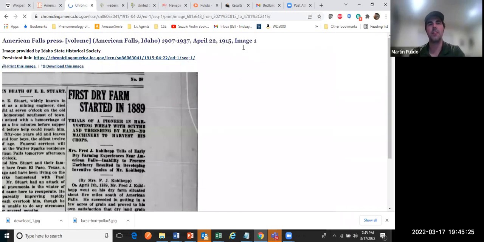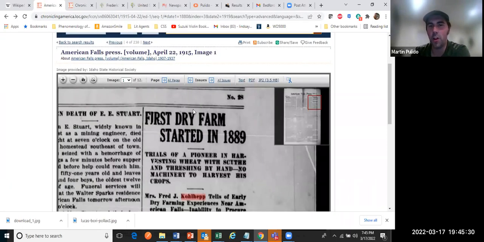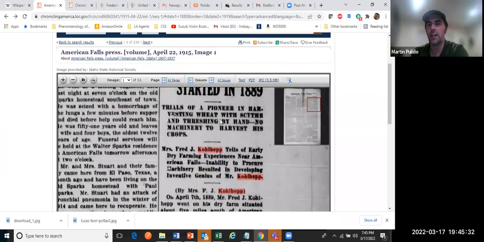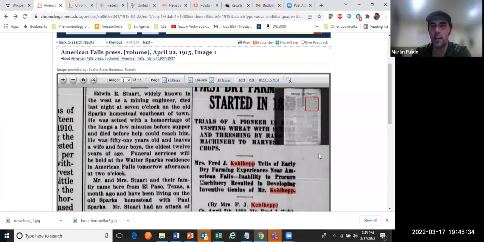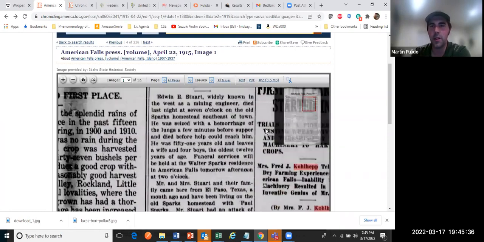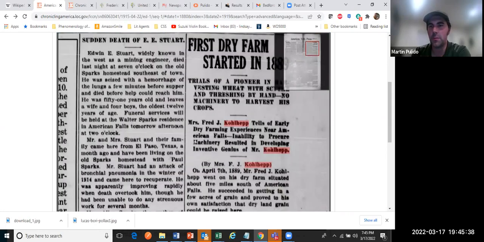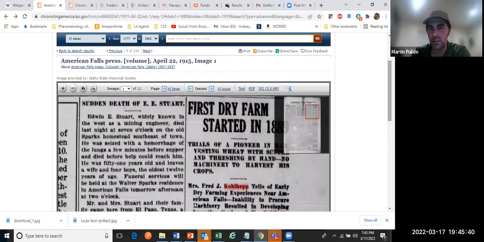Yeah, see, that's what the snip does in this particular library: whatever area you show within the window, which you can see there's that nice red box in the top right that kind of shows where I've navigated. Whatever you do there is what's going to show up in the snip tool. Then that's going to save it to your local computer. And after you've saved it, then you're going to go into Family Search and add it as you would to the memory section. I consider all newspapers documents, so please add it to a document section in Family Search.